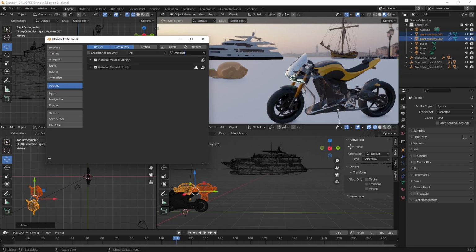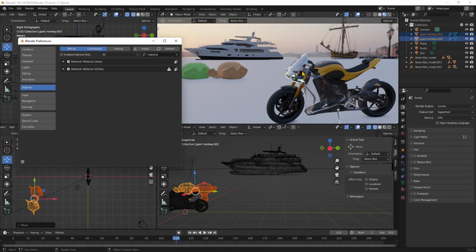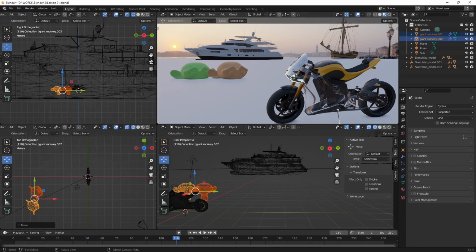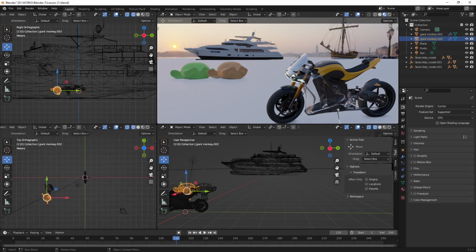The first one is going to be a material library that you can use. If you don't want to go through all those parameters there and you don't care, you just want to get ready-made materials, you can get it from here. So check that on. And also these extra material utilities could be really helpful. Now I'm going to just activate those, close everything, and I'm going to create another monkey head. So I'm gonna use this view